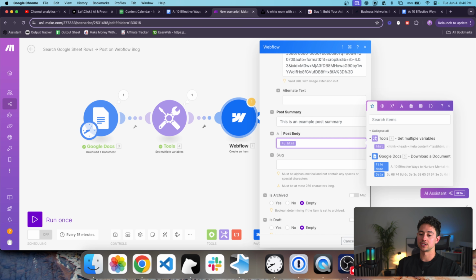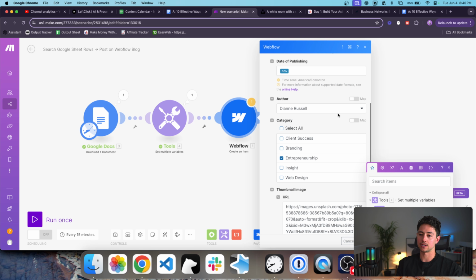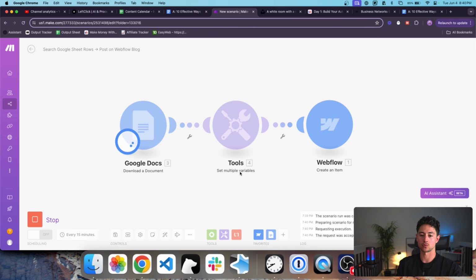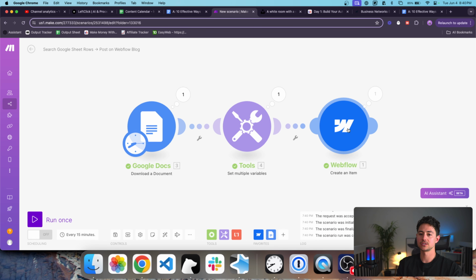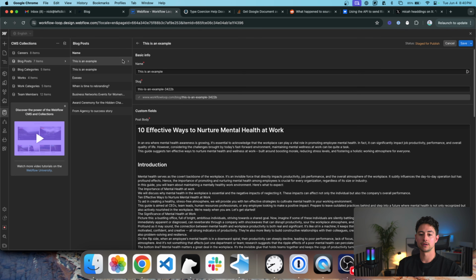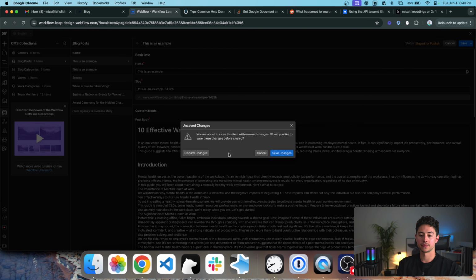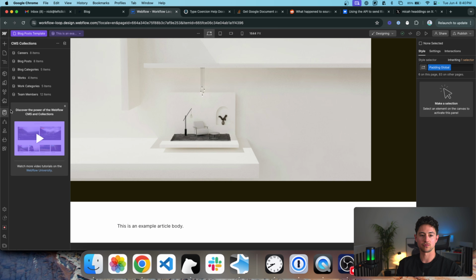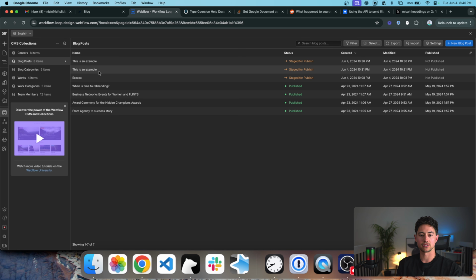So I'm just going to dump in the post body here, and I'm going to say this is an example HTML article. We're going to run once. It's going to do the whole flow: it's going to download the document, convert it from binary in the buffer into HTML, and then create the item in Webflow. And if I discard these changes and then refresh the CMS, we'll see that we have,